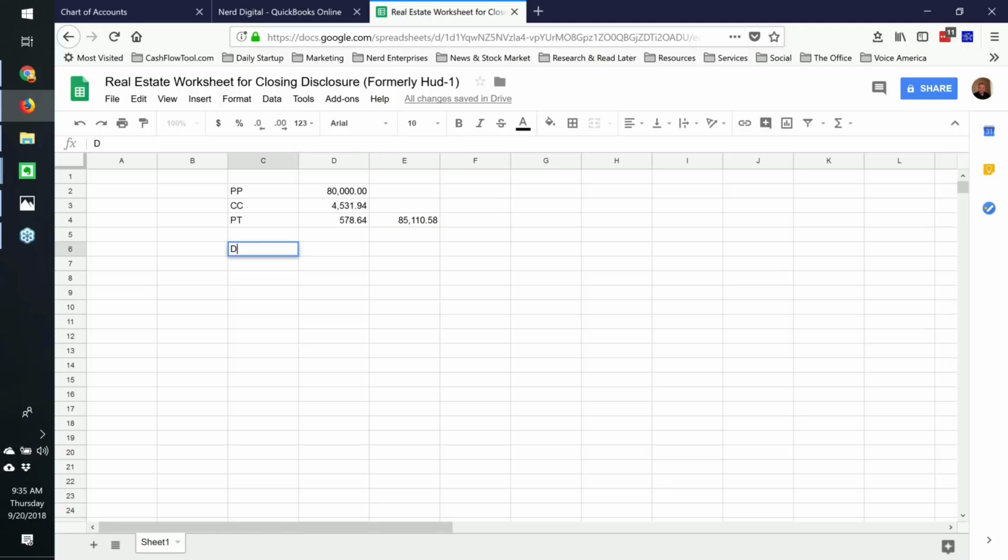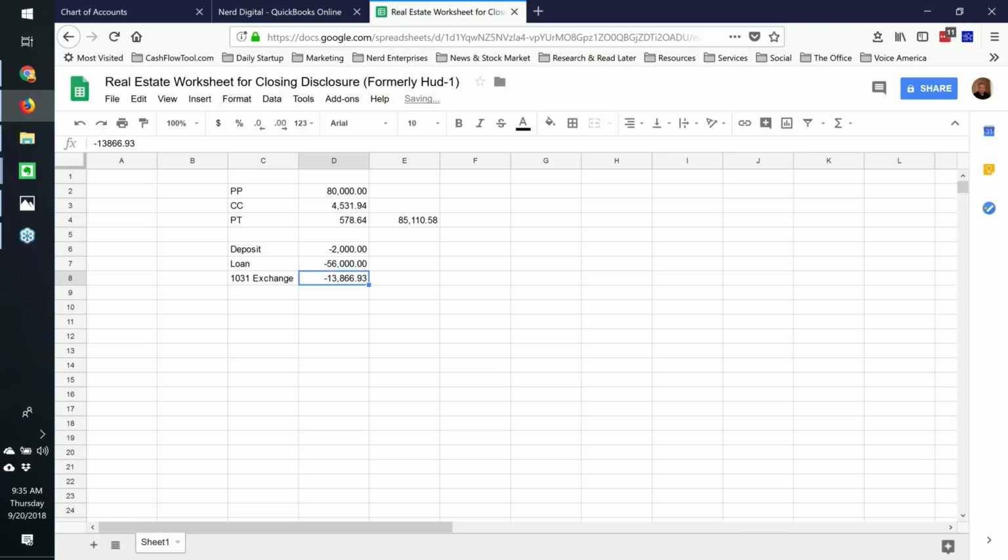In the next section, we have the stuff that was paid already by or on behalf of the borrower at closing. So first we have that deposit that he paid in, right? We're going to put these in as negatives, 2,000, right? Then we have the loan. So the bank came in and says, sure, we'll loan you 56,000. So minus 56,000. We had the 1031 exchange, which was